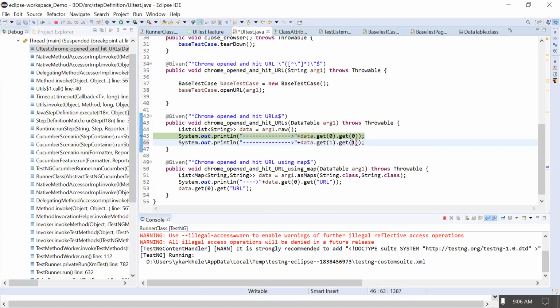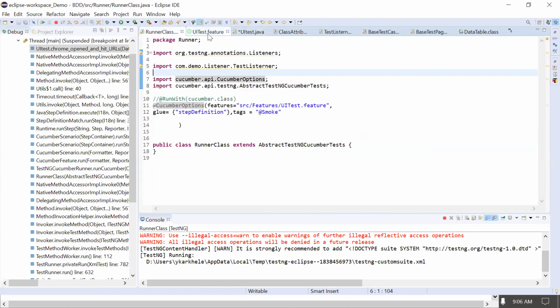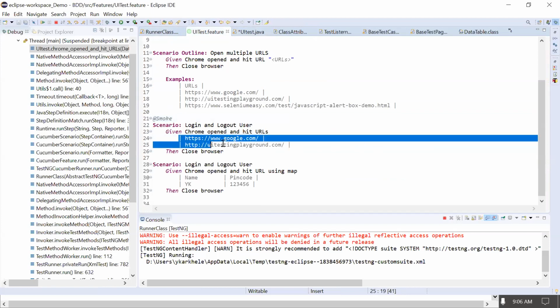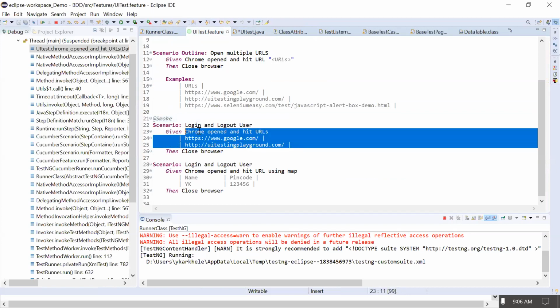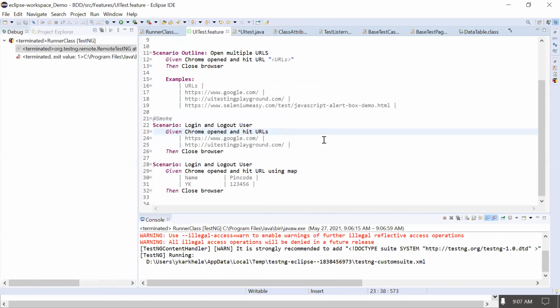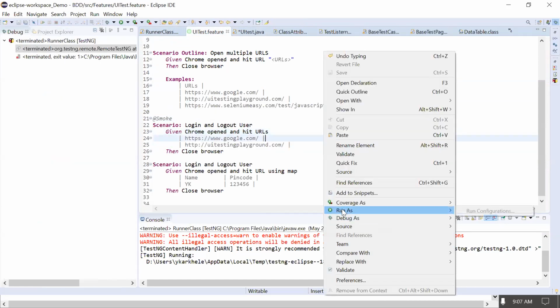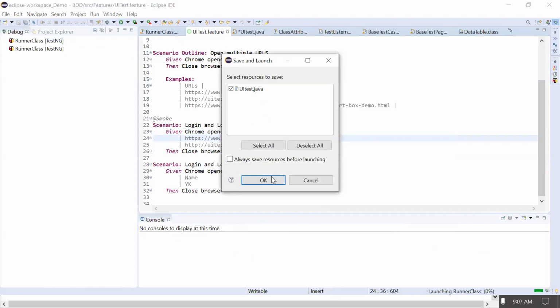Okay, missed something here. So now it will print the data which we have provided here, because this is only applicable for this. I'll execute this in run mode now. I have to run this runner file.